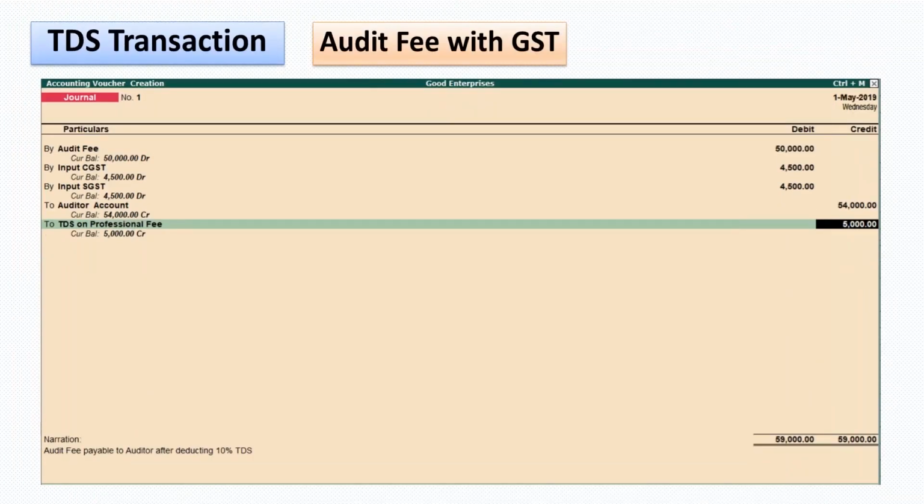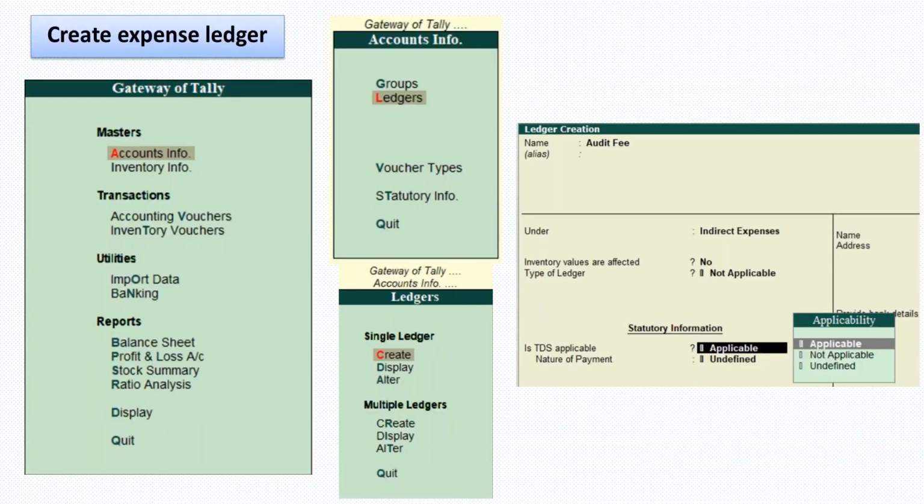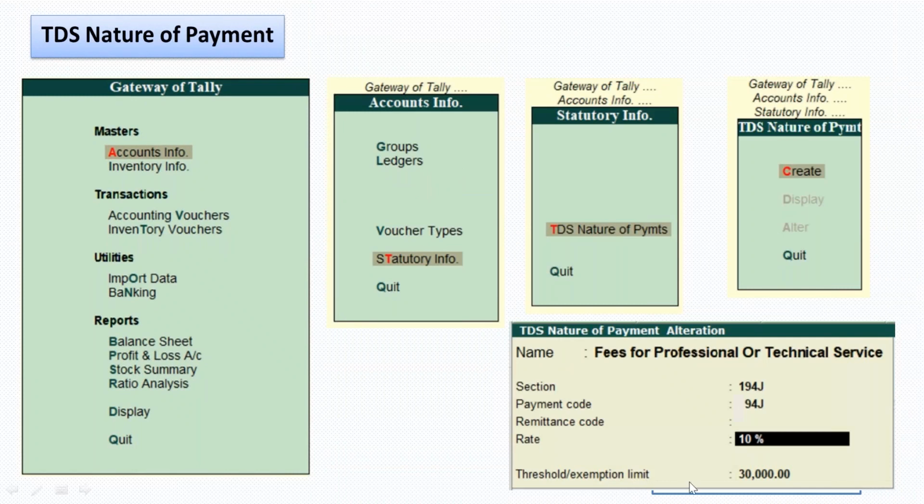Now this is a transaction with GST. I think I missed one point. So yeah, it's here. In this slide, if we see here, there is a threshold or exemption limit. In case of professional charges, it is 30,000. Even that can be filled in here, so that if that particular ledger audit fee is only 20,000, then the TDS computation will not happen. The entire 20,000 will get posted to the party account. But if it exceeds, as we took in the example 50,000, since it exceeded this threshold, it is automatically computing. So even that threshold configuration is there.